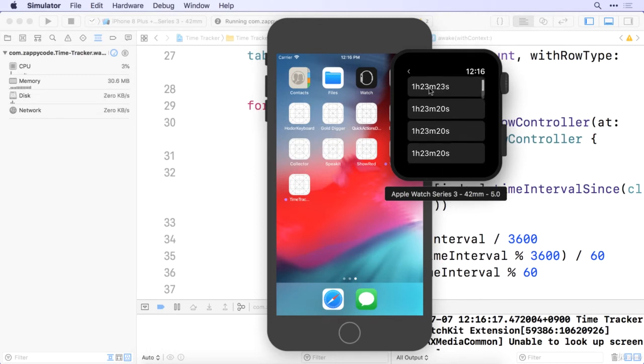There's that one that I let run a little bit longer with the 23 seconds. And the way that we inserted these into user defaults made it so that the most recent ones were at the beginning. I think that's a pretty good way to move forward. So now we just need to make it so that when someone taps on one of these, we can move forward into the next